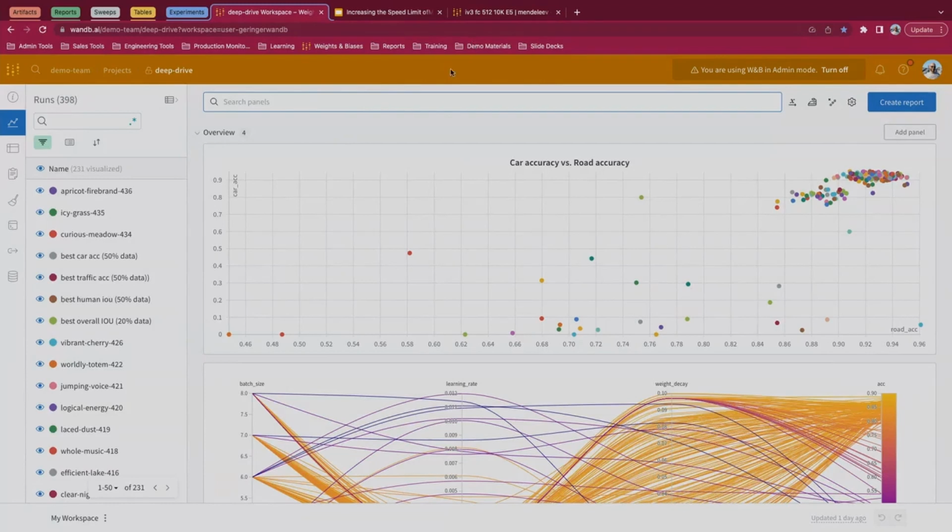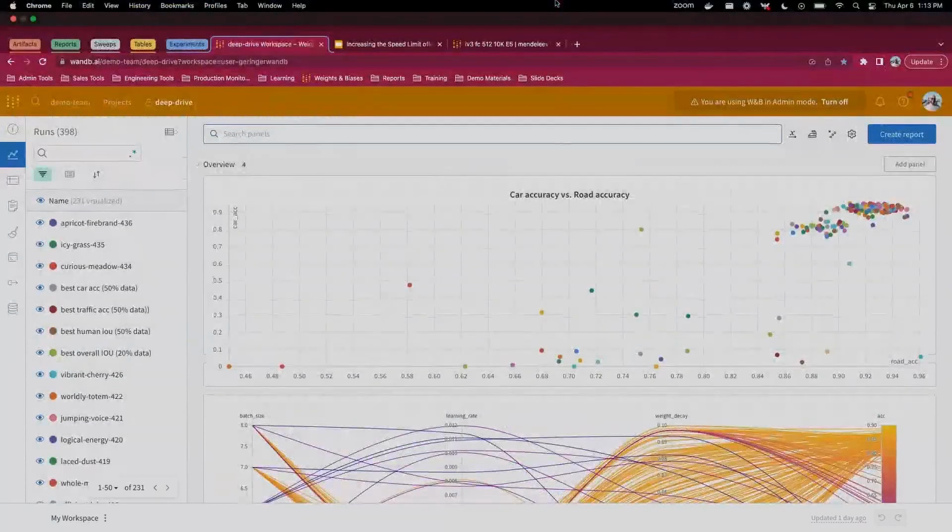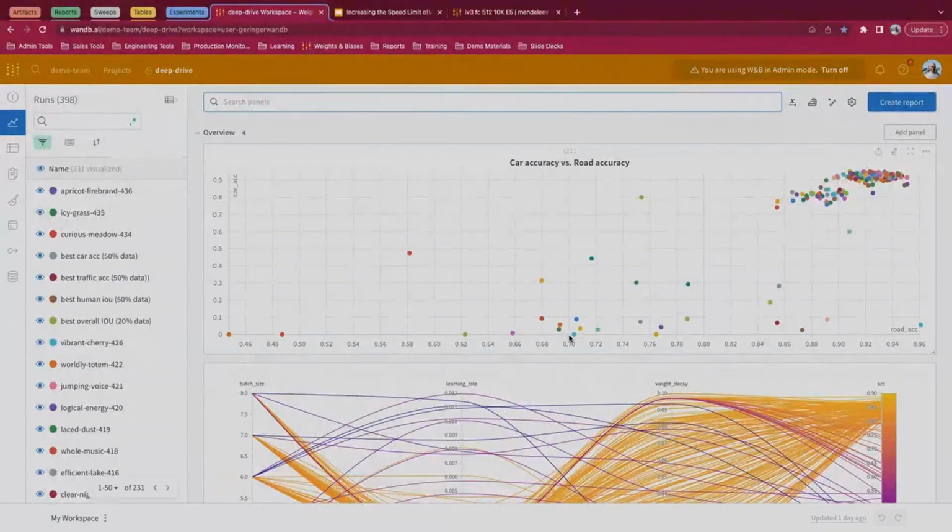All right, so this is a dashboard in Weights and Biases. This is just a project that some people are working on. You can see once again we have these runs over here on the left-hand corner. And what I really love about Weights and Biases is the ability to make the quality of life for a machine learning practitioner a lot better. As I was showing you earlier, it's a very lightweight integration, but also there's some really great tools